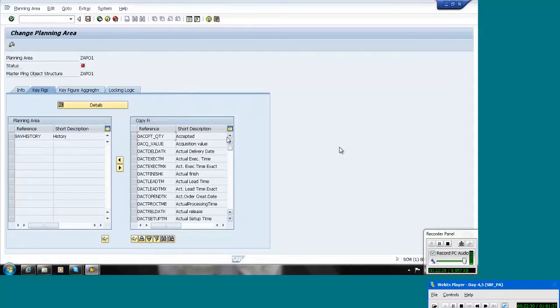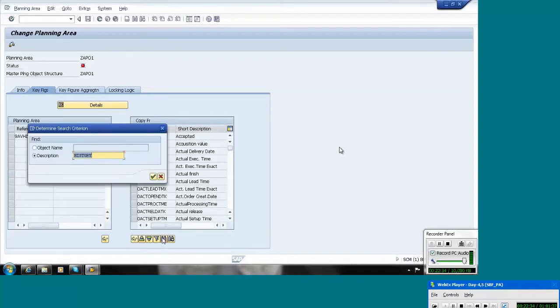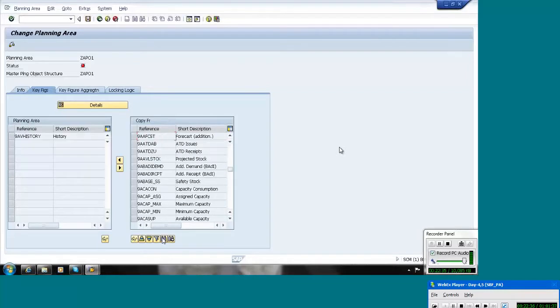And next, based on the history, we will generate a forecast. I will select the forecast. Then this forecast we compare with the sales orders. Is there any difference?